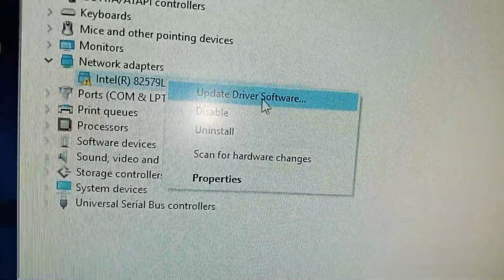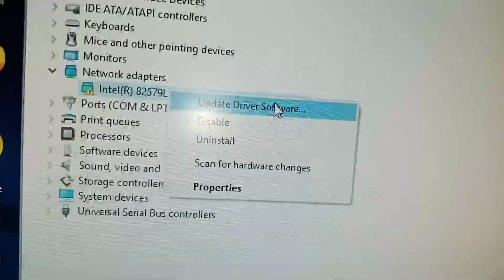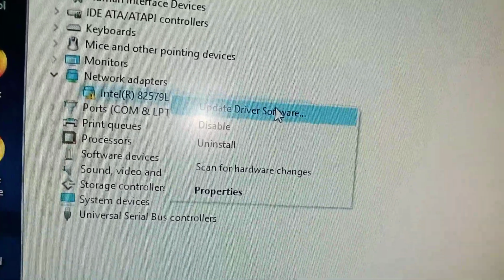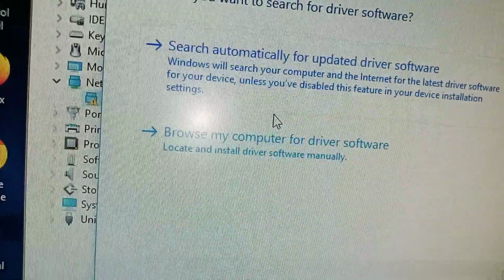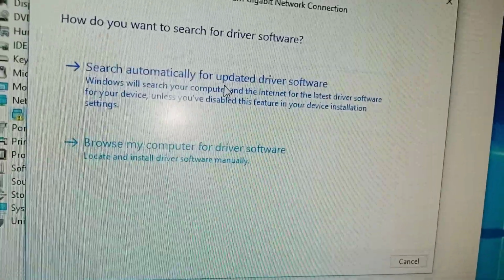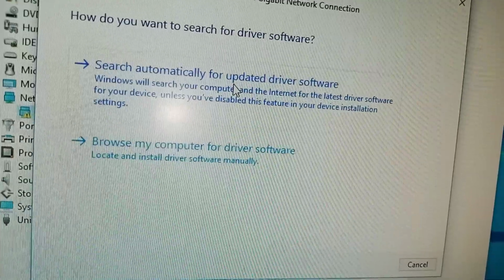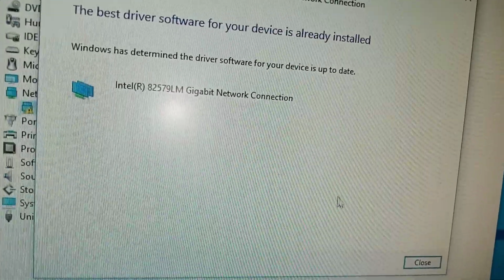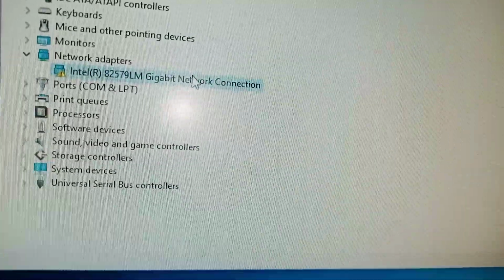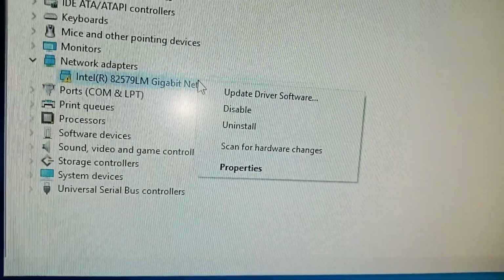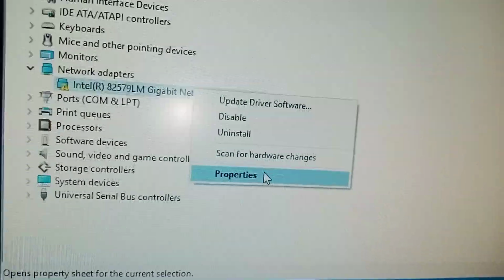Uninstall, update software. If I do update software, scan for automatic update. Okay, when I do that, I don't have internet, so it will be difficult. So I go back, go to properties,